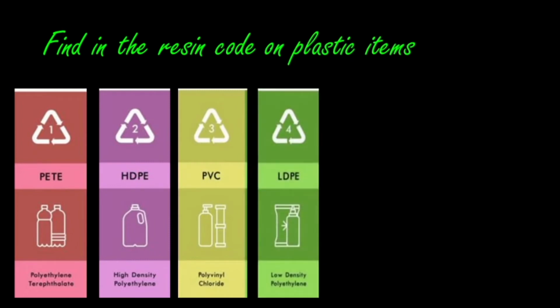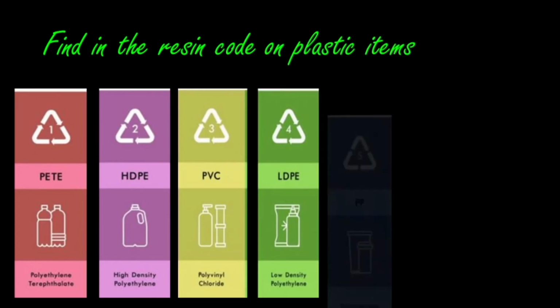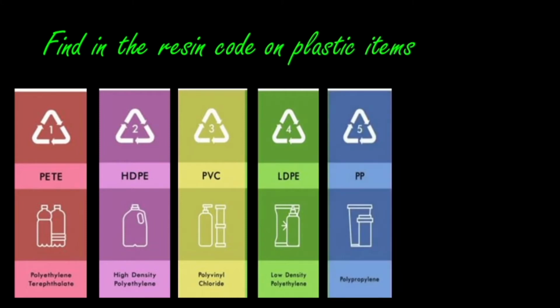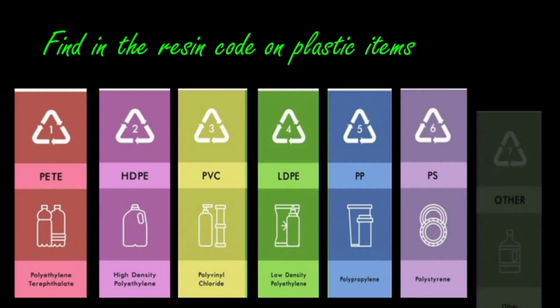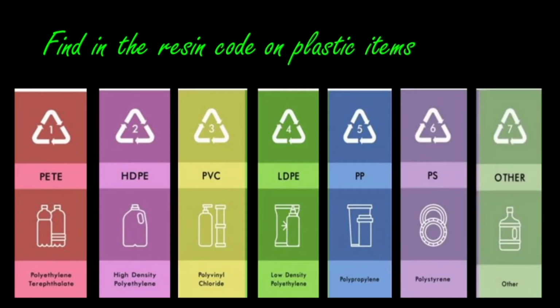High density polyethylene. If it is 3, it means PVC, polyvinyl chloride. 4 means low density polyethylene, LDPE. Okay. So 5 means PP. It is nothing but polypropylene. And the last, 6th one is PS, polystyrene. And the last one is 7. It means others. So others means it cannot come under the category of 1 to 6.